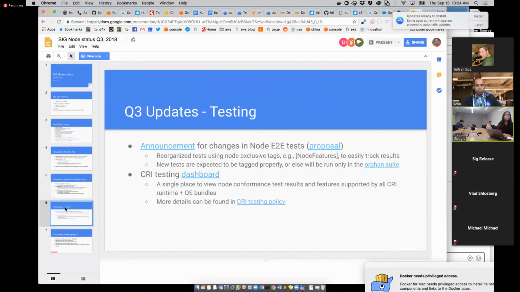We also built a community dashboard. We have a specific CI testing dashboard, so other container runtimes can easily plug into that dashboard, and users or Kubernetes vendors can